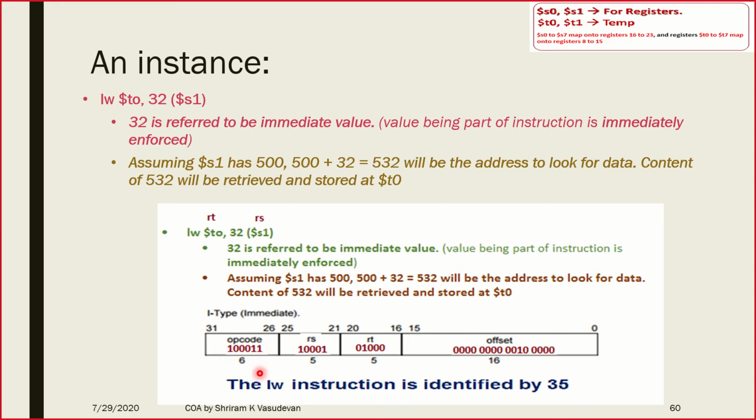Is there any doubt till now? Is it clear? I have converted the load word instruction into its equivalent binary, and each step is explained properly. The structure is opcode followed by RS, followed by RT, followed by offset. The question will give you RT and RS, but in the pattern you need to write RS and RT. This is always a swapping which you need to remember. This is RT, this is RS. You cannot change it, and you will remember it only through practice. Only when you practice does it become clear, otherwise it's going to be a failure.